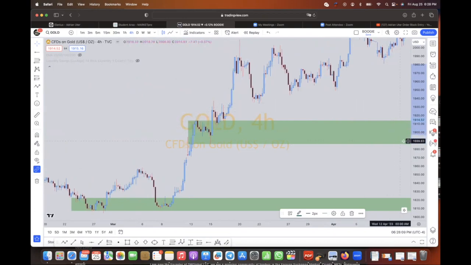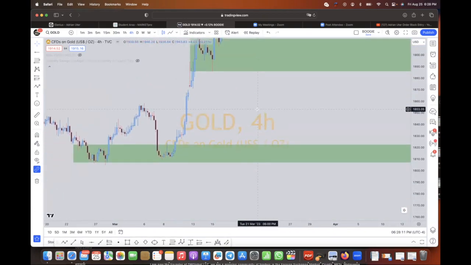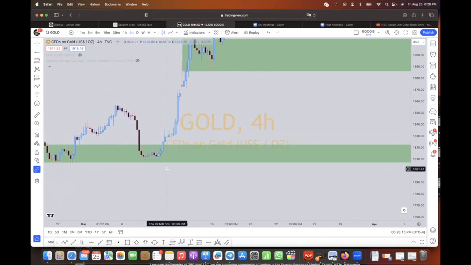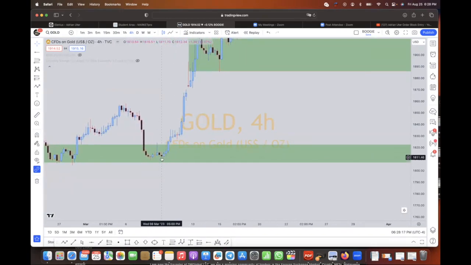So on the 4 hour, let's simplify this a little bit more. We have the opposing candle right here. We're on the 4 hour now. This is at the bottom. This is how you tighten up your zone even more. You tighten up your zone, all right? Because you don't want to have these big zones with 100 and something pips from front end to back end. You want to tighten it up as much as possible. So from here,